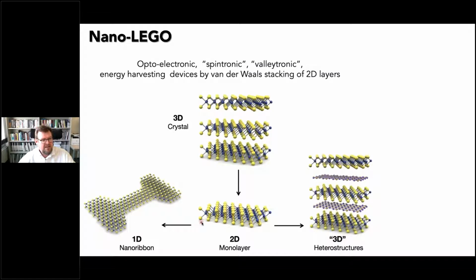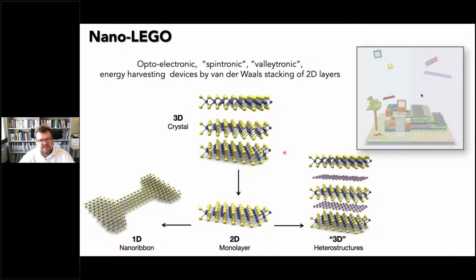Well, you can either do top-down nanofabrication, and you can pattern them to look for quantum confinement effects and things like this. Or you can go the other way, and you can stack them up to make heterostructures where you have the orbitals of the electrons in one atom interacting with the neighboring layer. And this actually turns out to be a very fruitful way of doing things. So this is kind of the cartoon. By stacking up different materials, it's kind of like nano Lego,